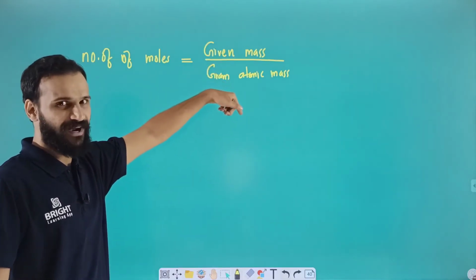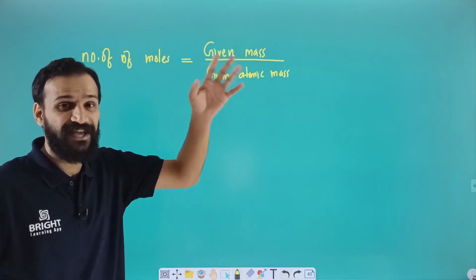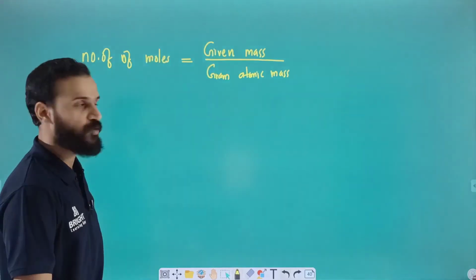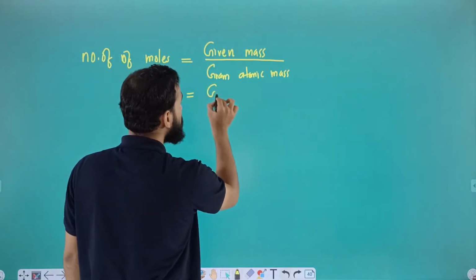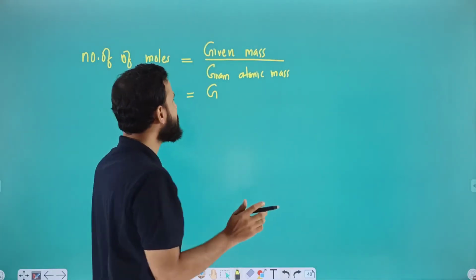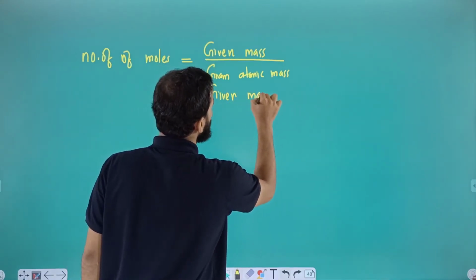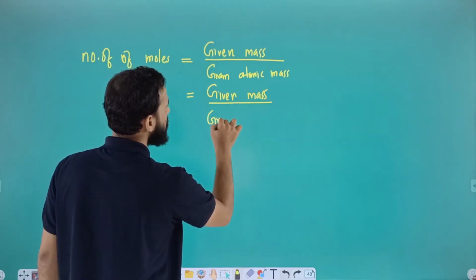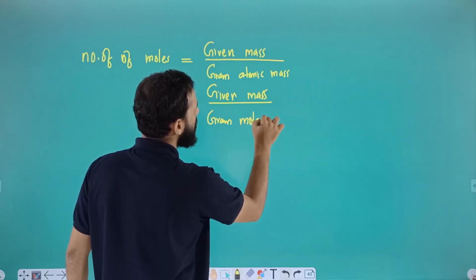Yes, so 20 by 1, we will get 20 moles of hydrogen present in that, isn't it? So this is the first equation we can use to find the number of moles. And the second equation we can use, suppose the question is related to a molecule, not an atom. In such cases, we will use given mass divided by gram molecular